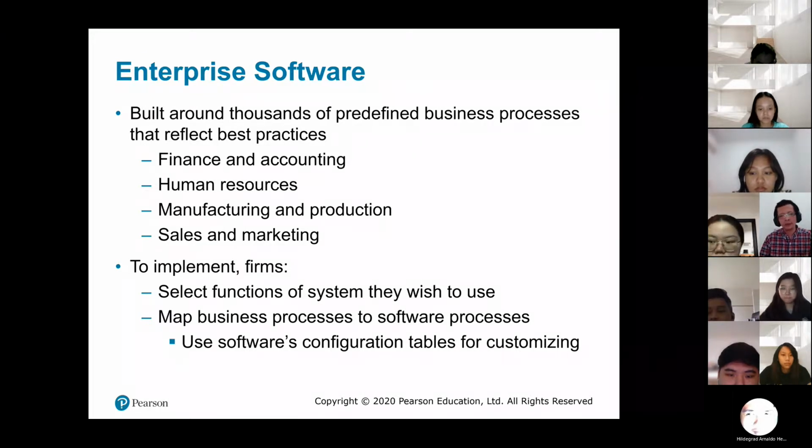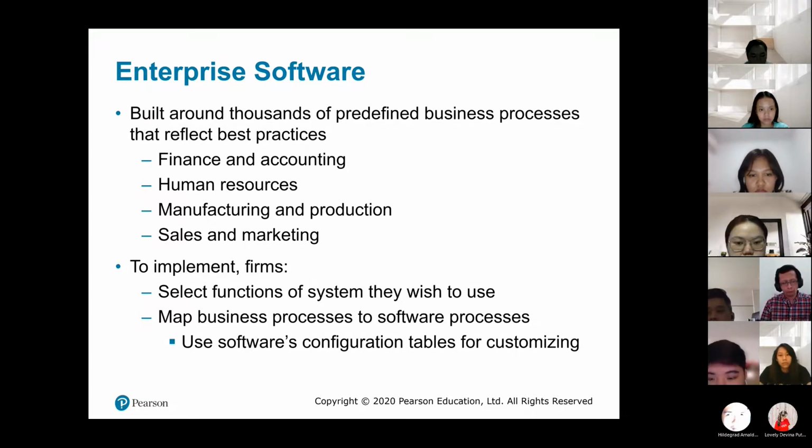Okay, so that's why implementation is a bit problematic and complex and need time. But for accounting and finance, because the process for accounting and finance usually standardized all over the world, it took a very short time compared to the others.